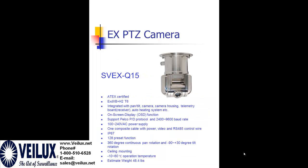Next is the SVEX-Q15. It is also ATEX certified, integrated with pan tilt camera, camera housing, telemetry board, auto heating system, electric on-screen display, OSD function. Supports Pelco P&D protocol, 2400 to 9600 baud rate, 100 to 240 AC power supply, 1 composite cable with power, video, and RS485 wire controller,